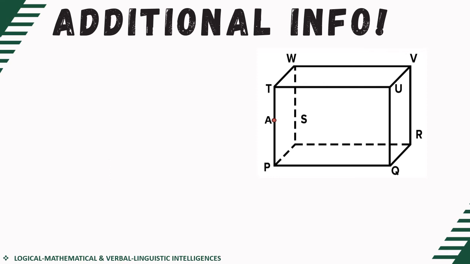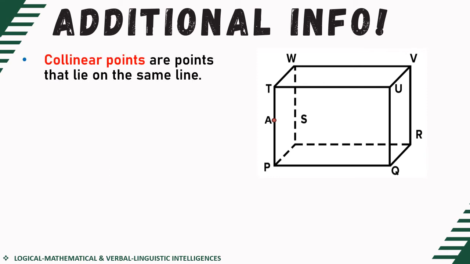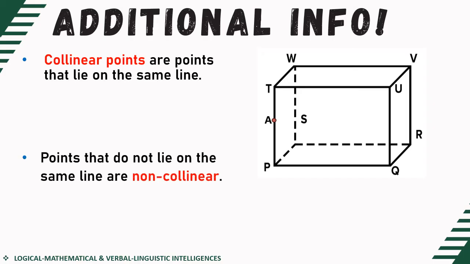Now, let's proceed to another terminology, and that would be collinear points. These are points that lie on the same line. And the other way around, if the points do not lie on the same line, then we call them non-collinear points. Now, for example, for collinear points,